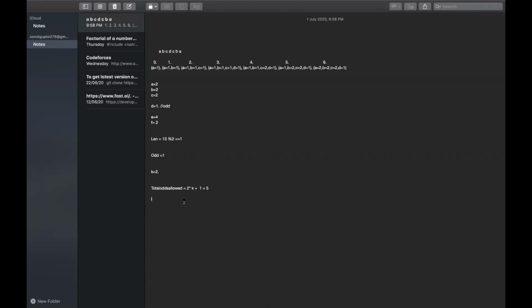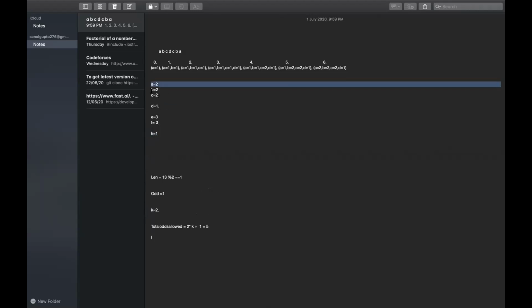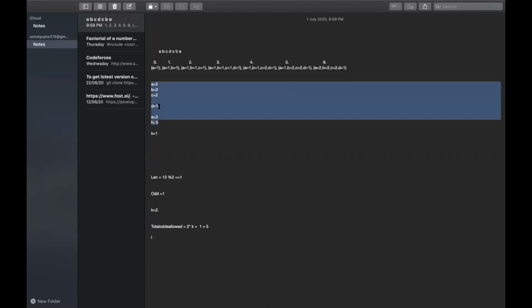Okay, 1 minute. Suppose till here E was 3 and F was also 3, and I was given K equal to 1. This was the condition. Now what I can see from here to here is that I have D1, E3, F3, so 3 characters are odd in number.